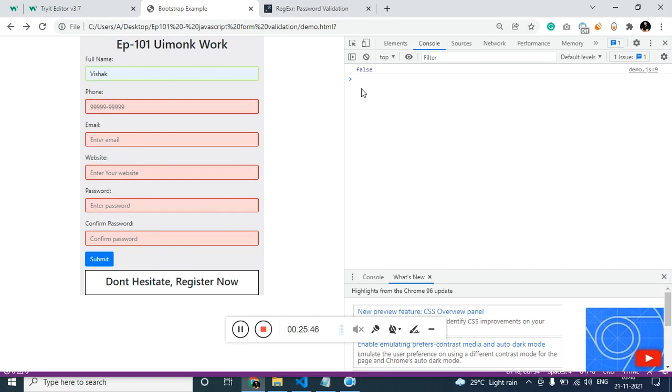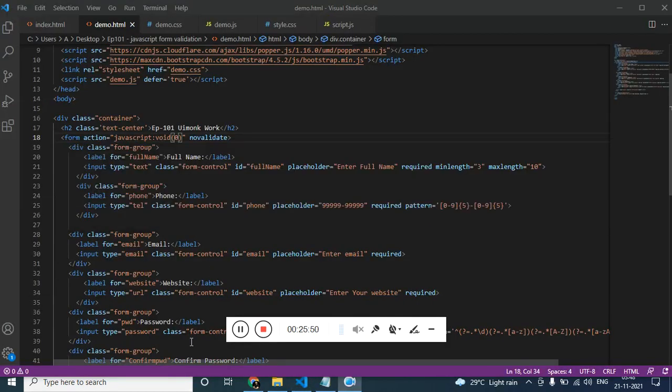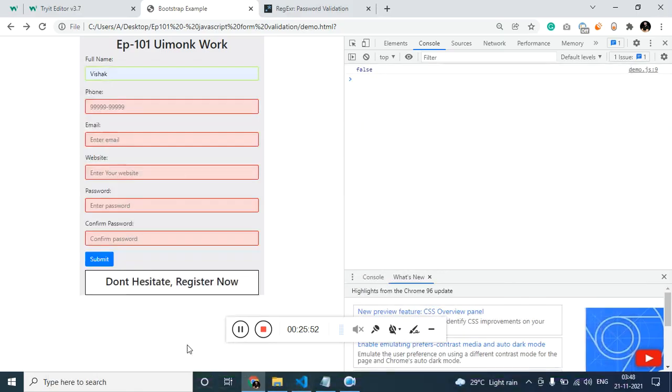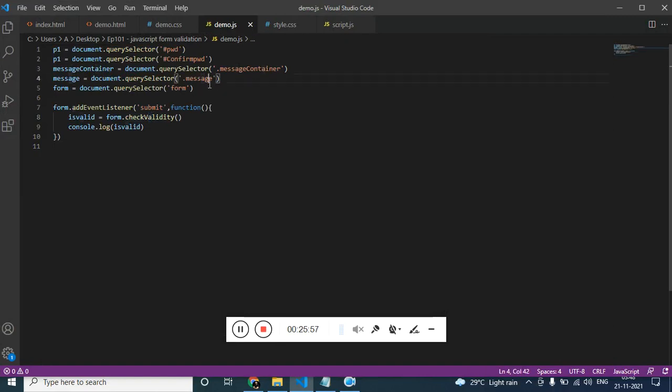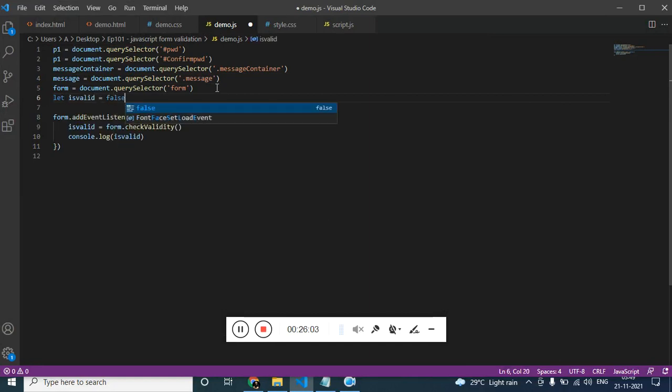Fine, that is working. Now based on this condition, we are going to show a message on the message element over here. So let's get a flag value which is valid. Let's define this: let is valid equal to false by default.